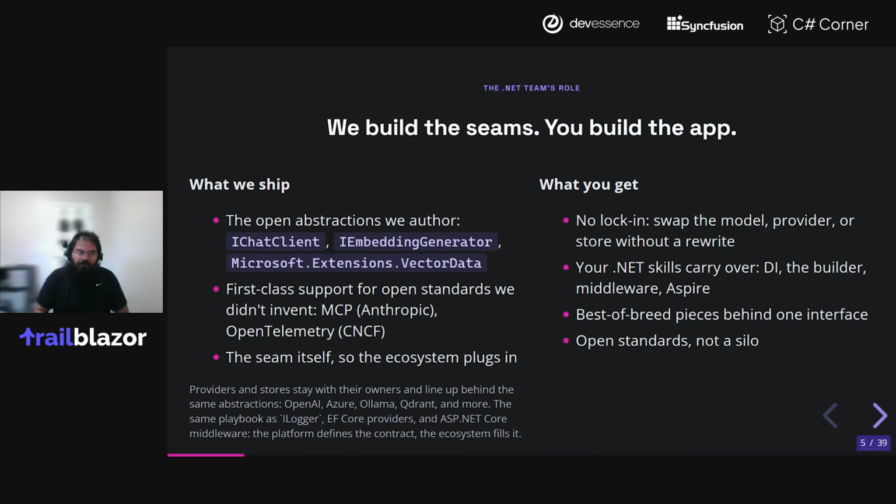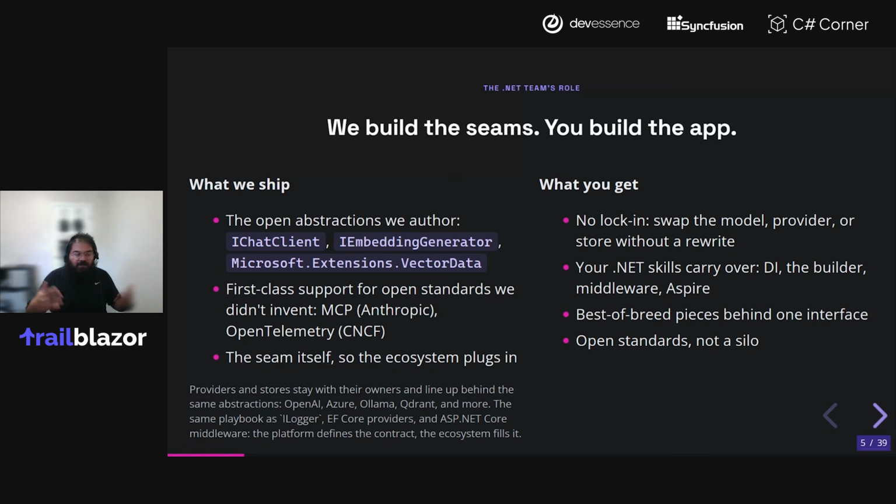And so one of the things that we are tending to do by shipping these primitives is by authoring the interfaces and the contracts. So in things like the IChatClient or the embedding generator or the vector data abstractions or data ingestion, right? All of these different building blocks, we are just providing the seams and the foundations and the contracts, so that then the rest of the ecosystem can go ahead and build on top of them, right?